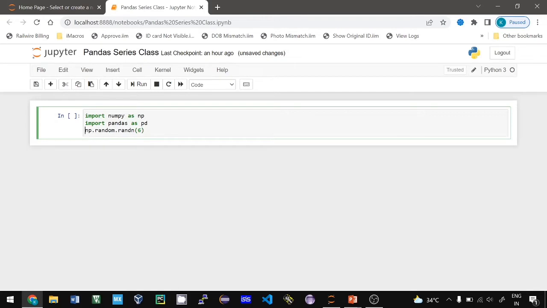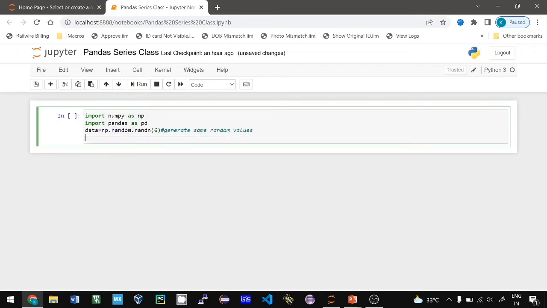So the right side part has to be assigned to some variable. Let's consider data is my variable, right? You see here, right side part data. I'm going to generate some random values from random function. Then in the next statement, let's print